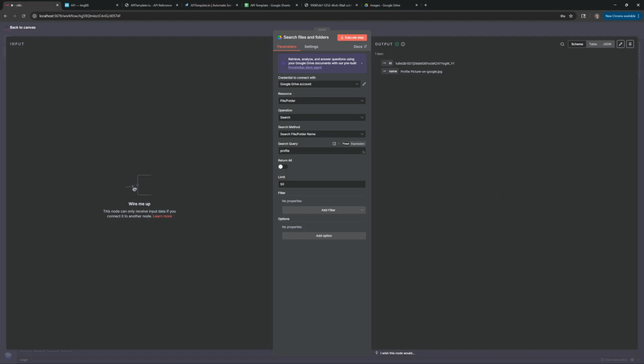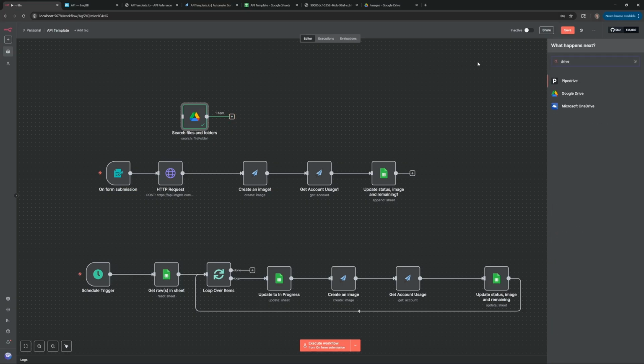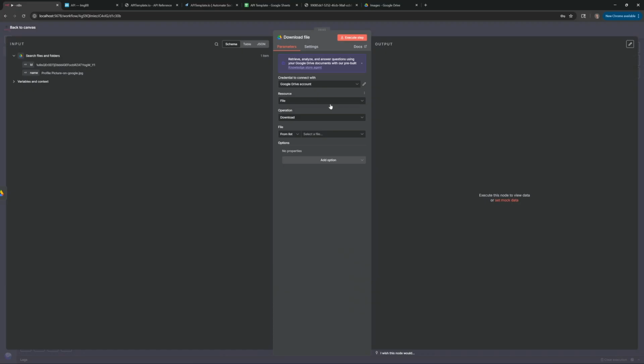So once you do the search query, it'll then respond with the ID. The ID is what we actually need to use to get the information to download the right file. So that is what we're going to be using. We then choose another drive and choose download a file. We can then get the file by ID, drag this over, and if we execute this step, we'll then have